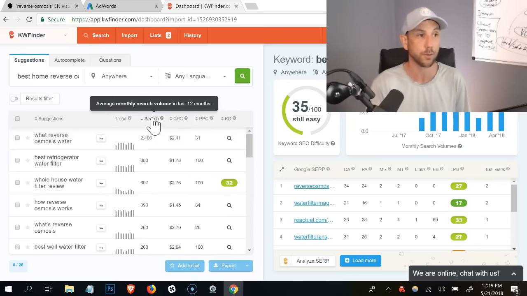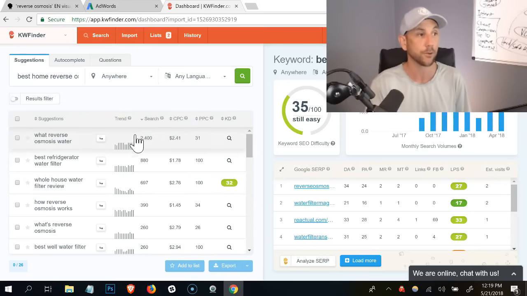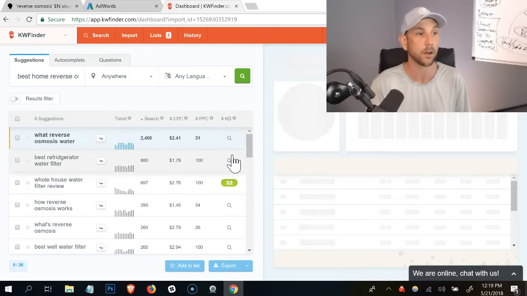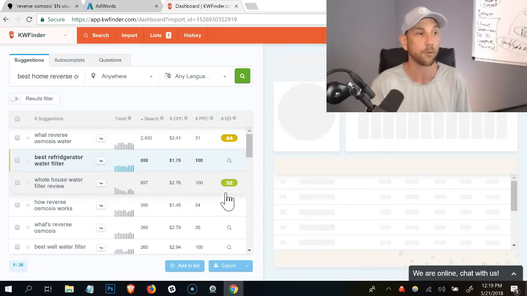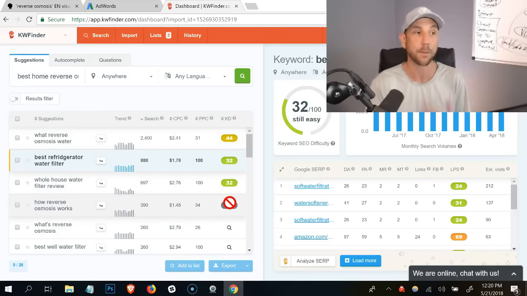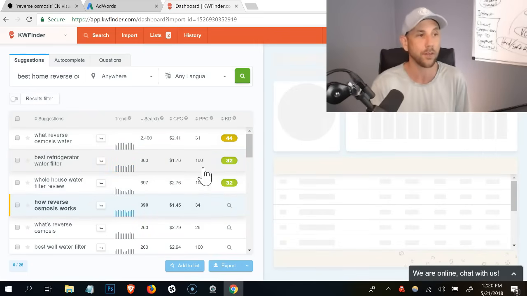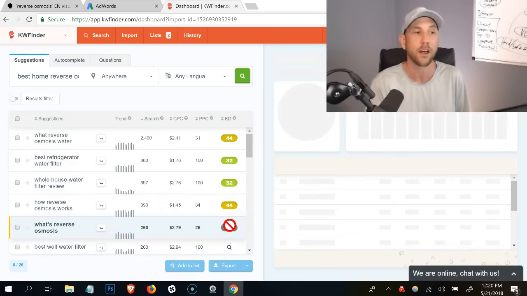And if you want, you could sort by the search numbers. Right here, this one has the highest number of searches. I'm going to click on the little icon under the keyword difficulty, and it's going to rank that for me, and I work my way down. Now you might be thinking, Miles, 880 searches a month, that's it. Like if I get the top spot, I might only get 300 or 400 searches.